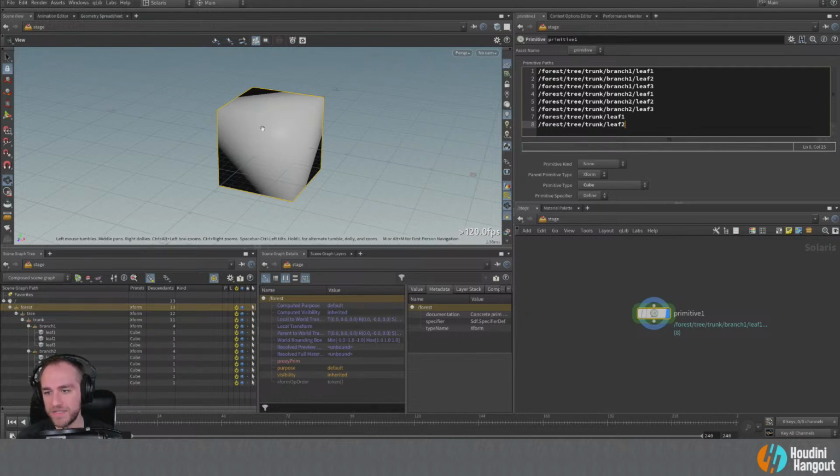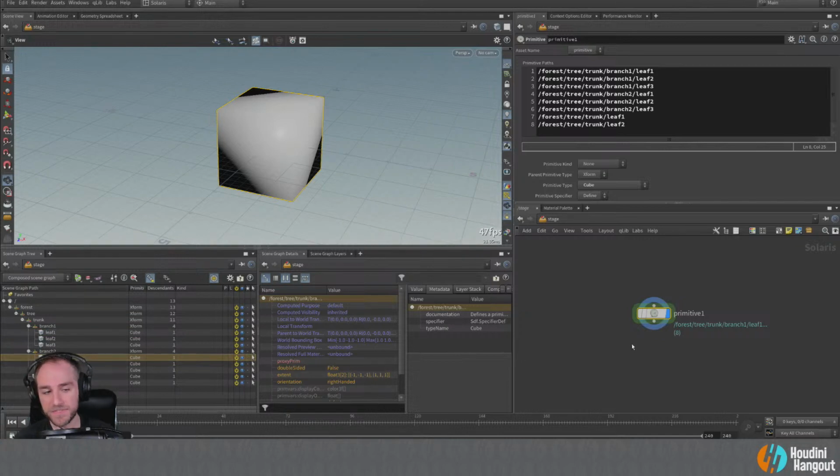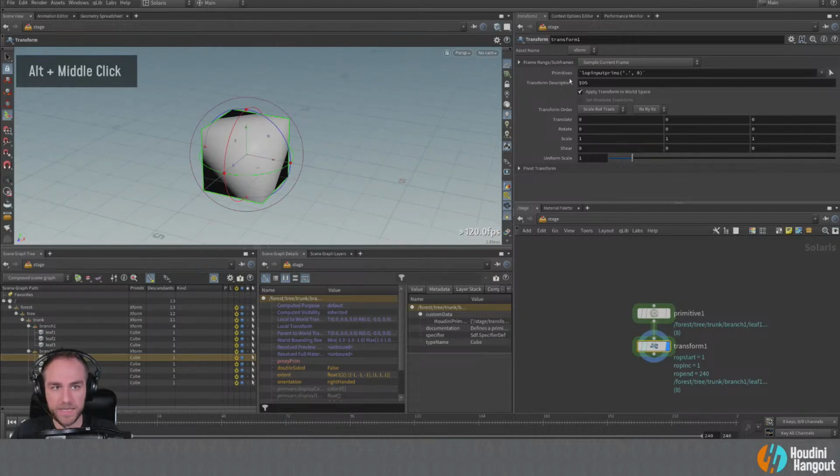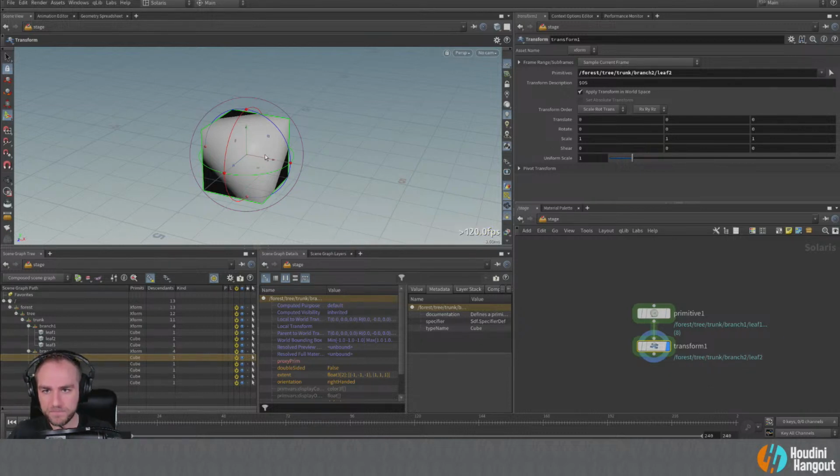And so we've got these cubes at the very bottom of this hierarchy here. So for example, if I wanted to transform just one of these leaves here, what I could do is I could do a transform, right? And right here we can see that this is kind of how we define our primitives that we're moving in Solaris. So I'm just going to grab leaf 2, drop it up in here.